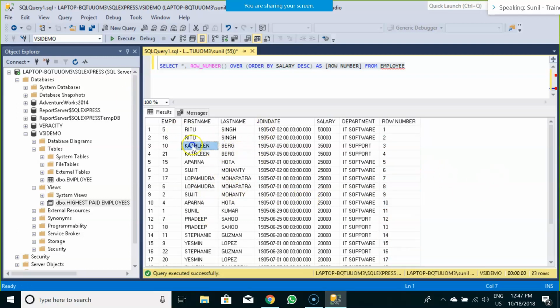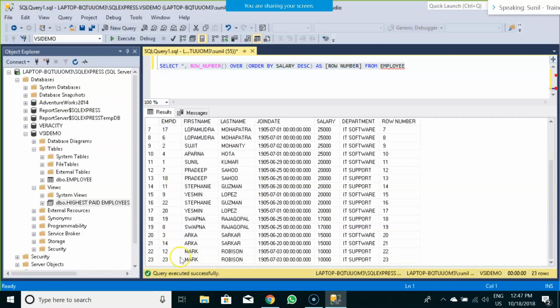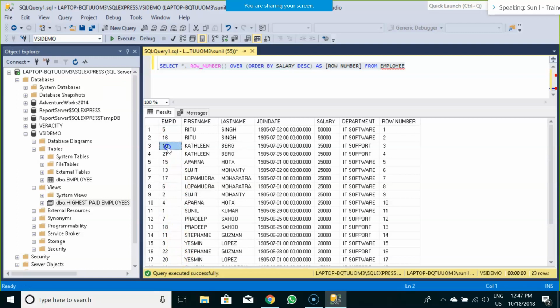When you pull up this SQL report ordered by salary in descending order, you see the employee ID is not in sequence. You see 5 is coming first, 16, 21, 15, 13, 14, 6 and 12. And this is a part of the SQL editor feature, so this is not going to print on your report.